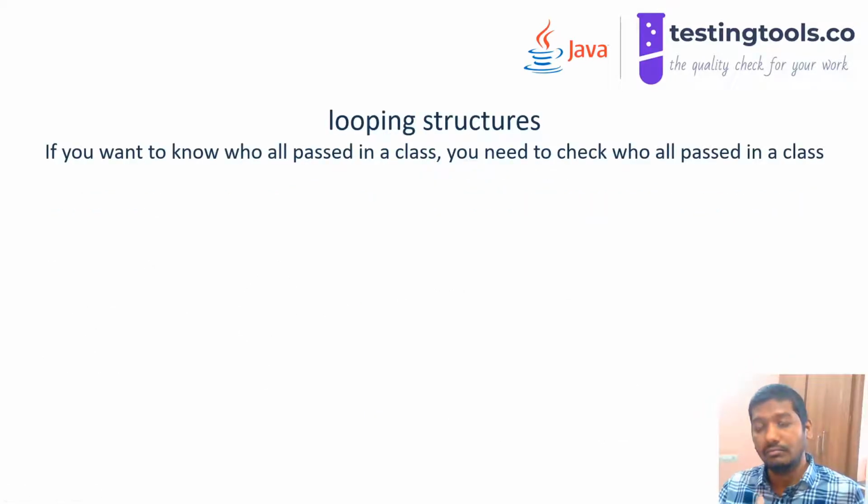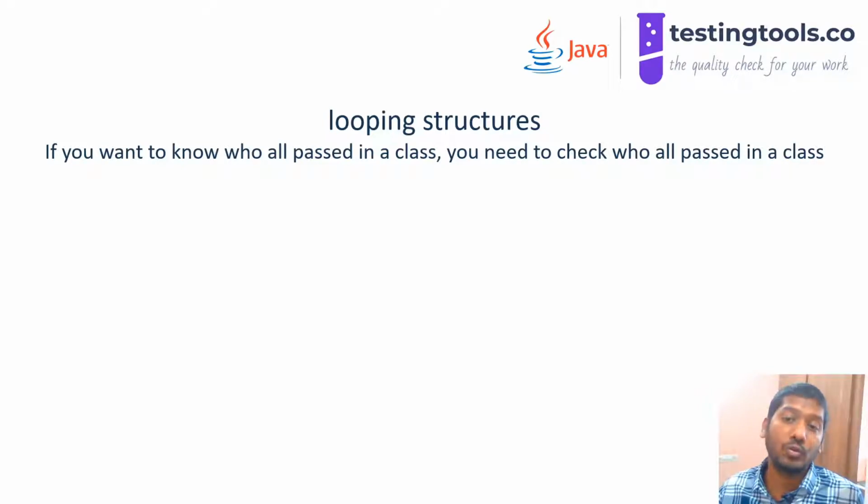Now, after taking some decisions, we also want to loop, right? What do you mean by loop? If you want to do a certain action every time, maybe n number of times, depending on some other condition. For example, there are exams going on in a college. In each section or grade, there may be 100 students, and when each grade is taking exams, we will be able to identify how many students have passed in each class, right?